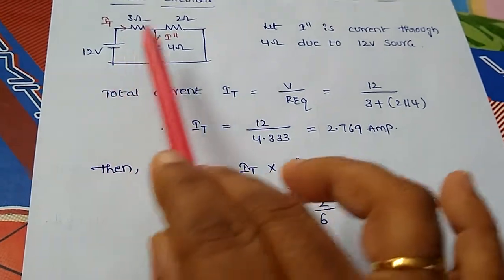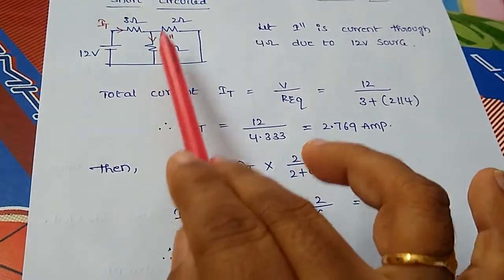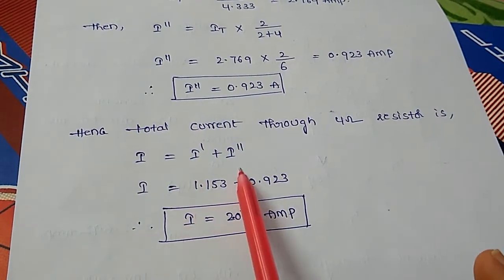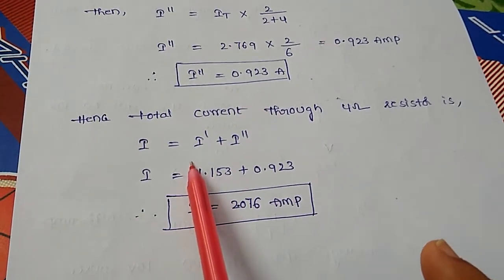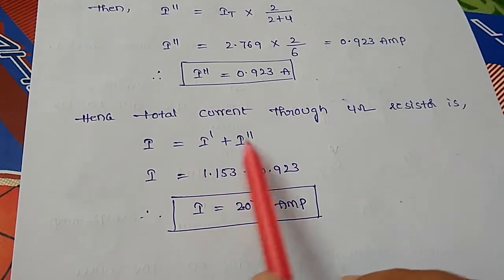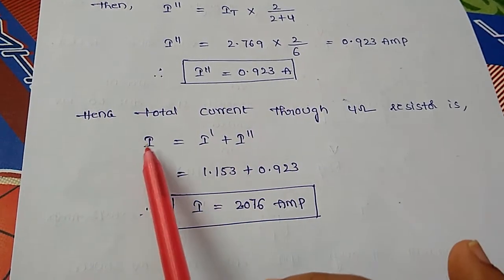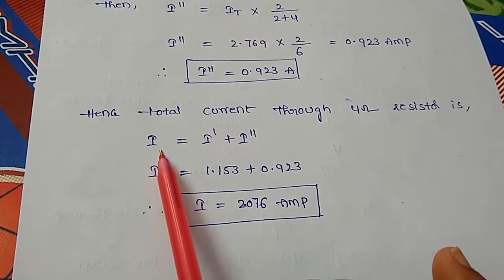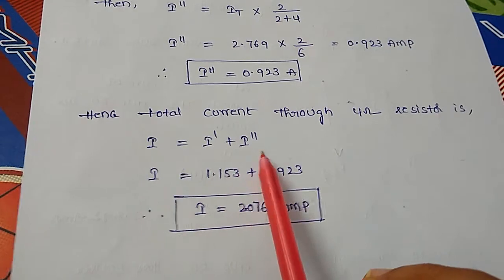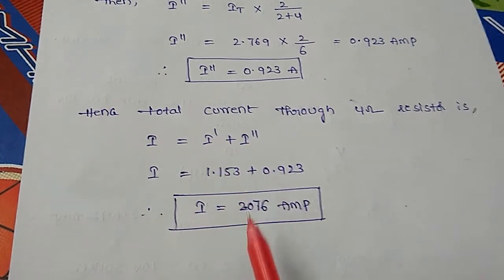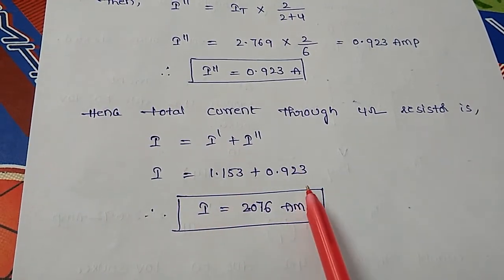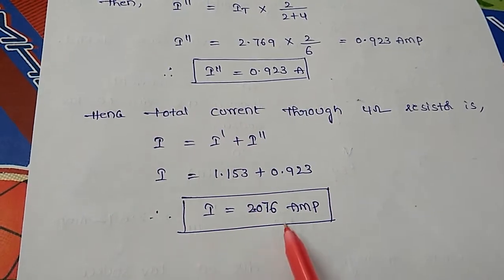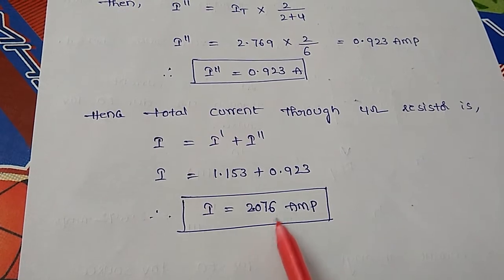So individually we have calculated the currents through 4 ohms. These are the individual responses, I dash and I double dash. Now in order to find the total current through the 4 ohms branch, we need to add these two responses. That is, the total response through the R3, 4 ohms branch, is equal to the sum of the individual responses. So I dash and I double dash are added together to find the total current as 2.076